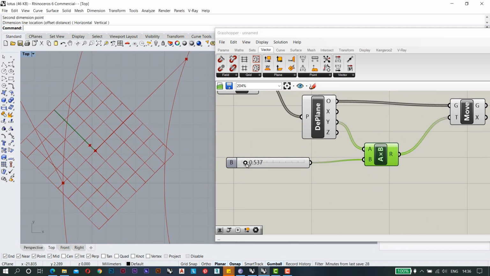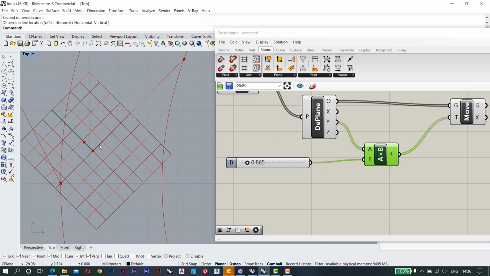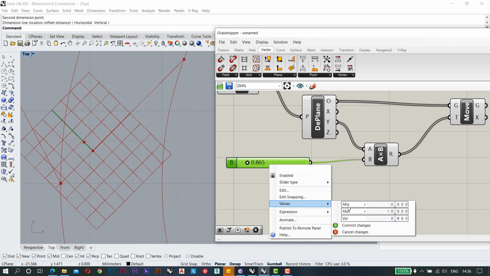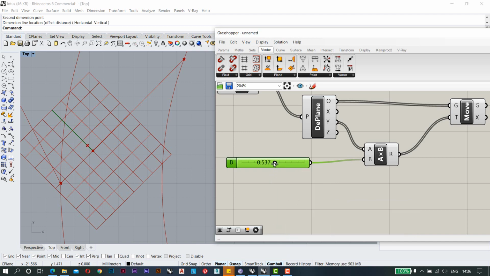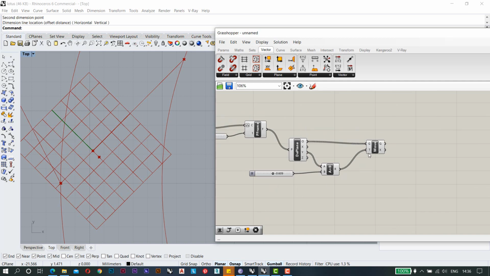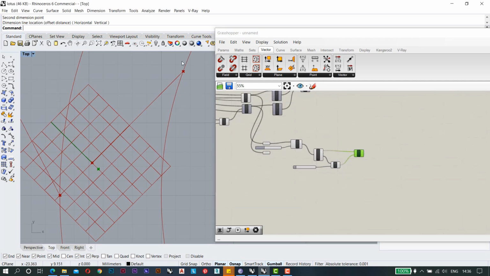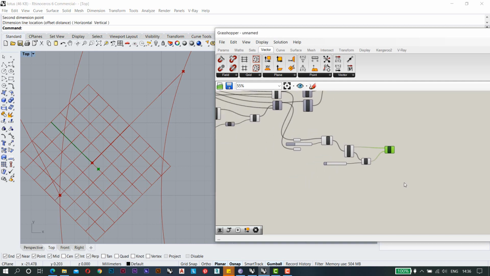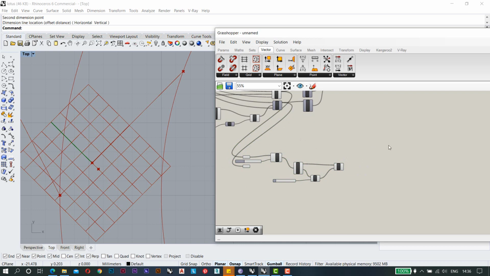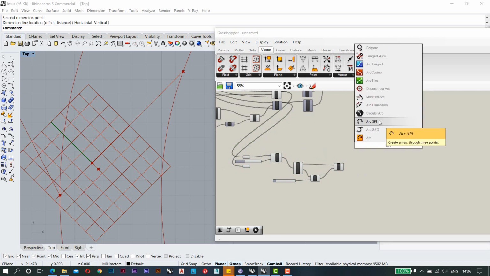You can see now if I change it, it is going like this. But I have to change the values in minus also, so I'm taking -10 as the minimum value. Now if you see, if I go like this, it can go outwards also and inwards also. So let's suppose I need somewhere here. Now this is my center point, and this is the first point, and this is the third point for making an arc. So we will use the option arc 3 point, which is this one.